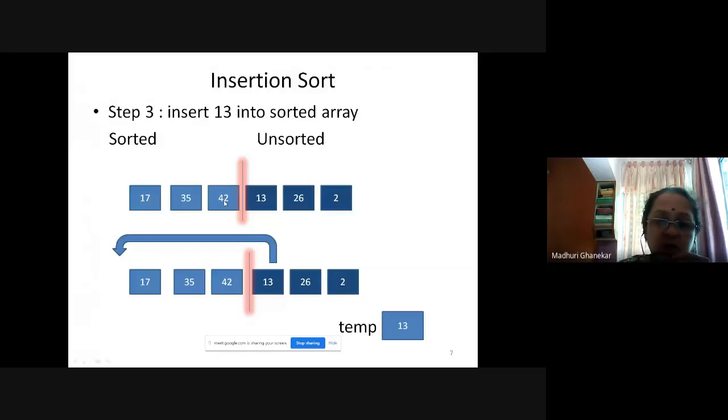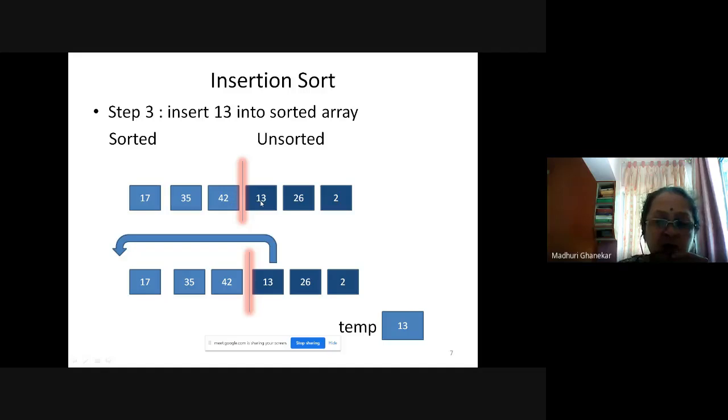Again you compare 13 with 17. Now what you find, again 17 is bigger than 13, so 17 also will be shifted from this position to this position. Now you will observe 17 is there at this position as well as this position. So 17, 17, 35 and 42 will be the array.